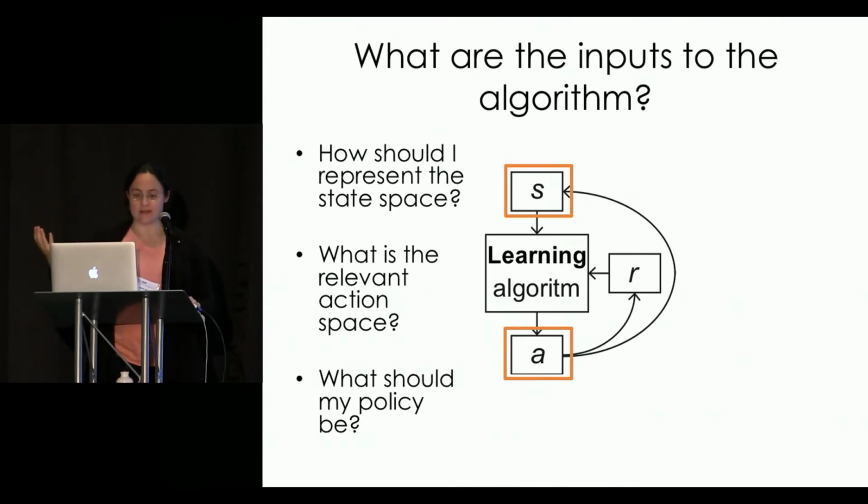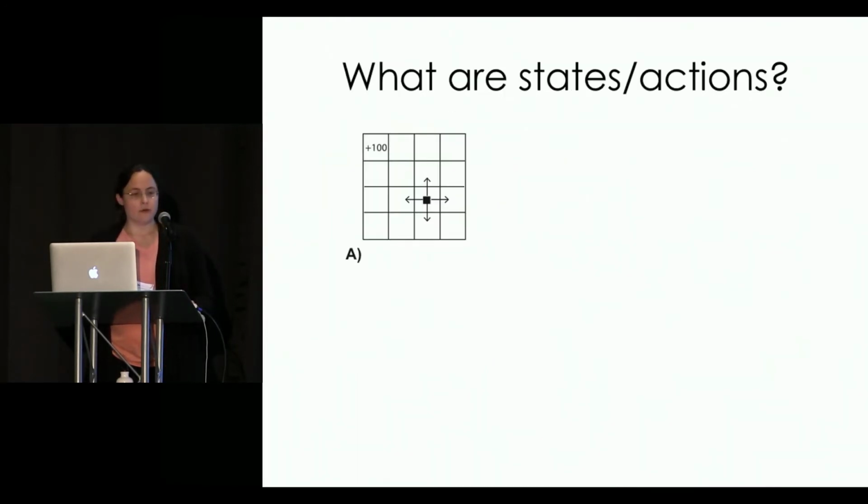Once that's decided, you can also ask what the policy should be, how you should structure the representation of your policy, for example. So we can give a few examples of that. So for example, if you think of most Markov decision processes in the computer science field, they're often described as toy grid world